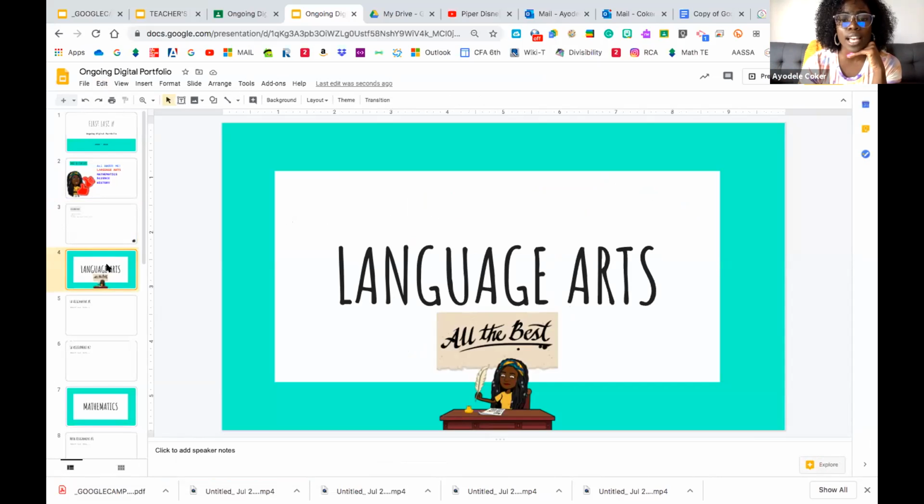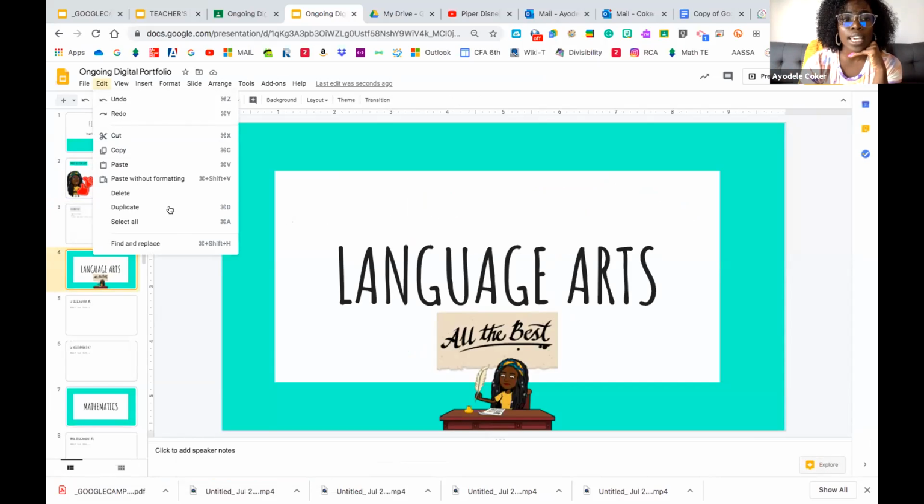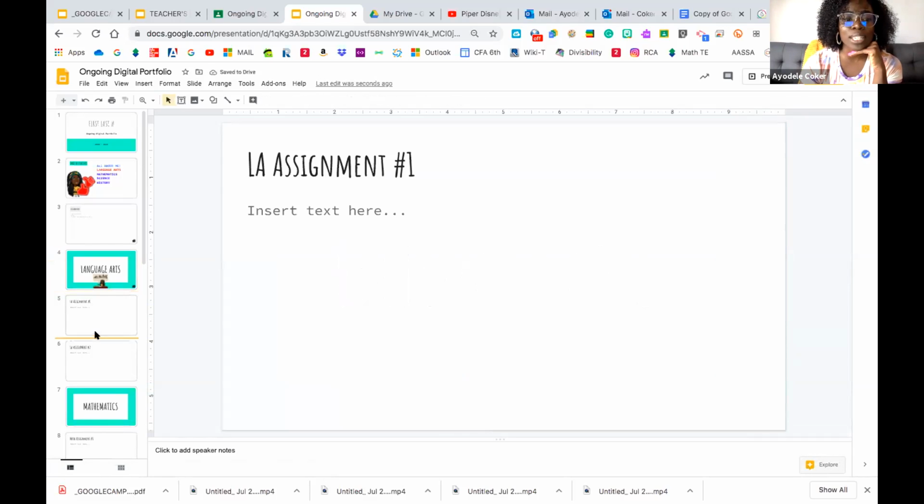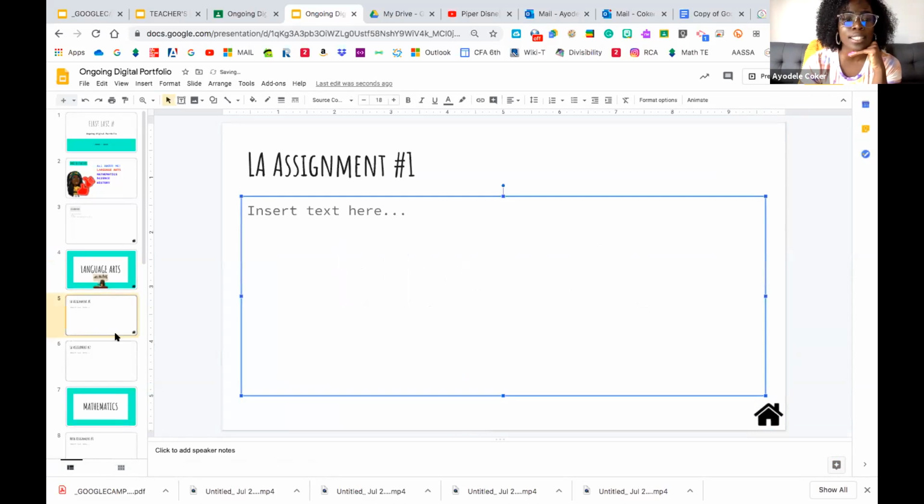Go to the next slide, and guess what? Edit, paste. And I'm going to drag it up a little bit just so you can see. The link is connected already. So you don't need to re-link it. Then I'm going to go to the next slide and control paste, it's there.